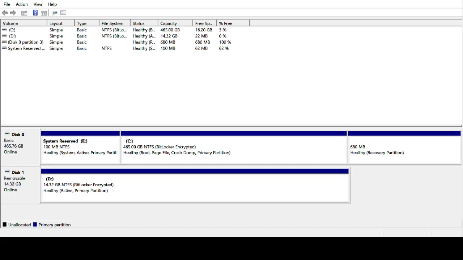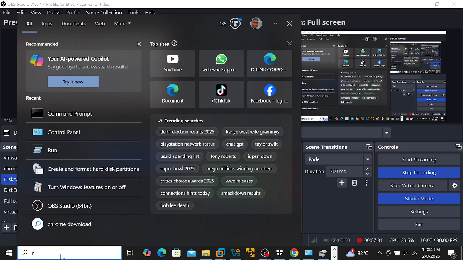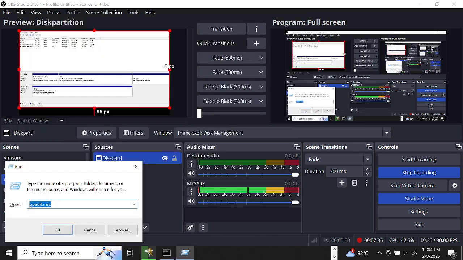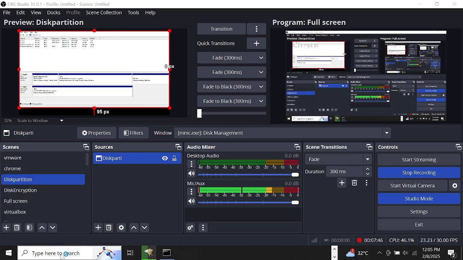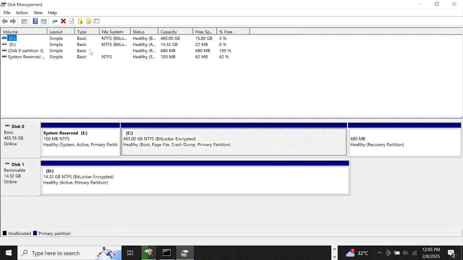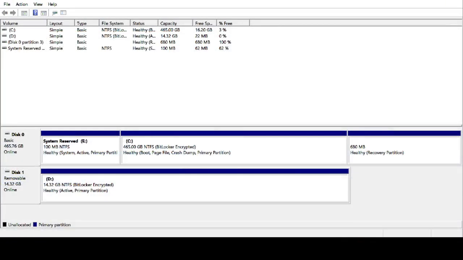So how you can do that is you press your Windows key and type in run. When you type in run, you type in disk management, diskmgmt.msc. Hit enter, and once you hit enter, it opens this page for you. All right, this is the page we were on. So right now, I'm going to exit this, and then I will go back to my